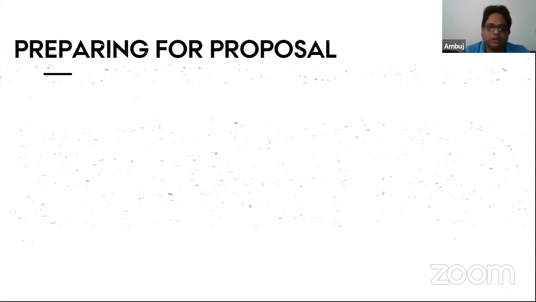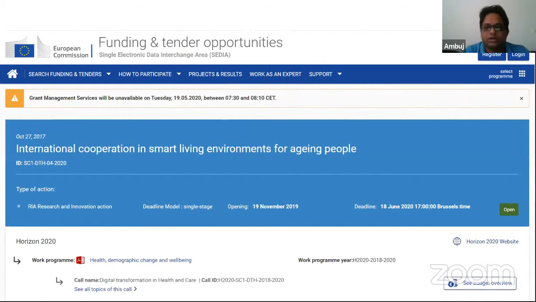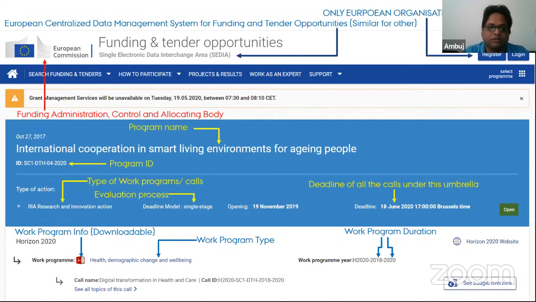So this is what a typical EU funding website looks like, and as you can see, some information is already there. You know what your funding body is, and what kind of call it is. You can clearly see it is written here: RIA and innovation action, so it is research and innovation action. This call is actually for research and innovation action, and you can see there is a project name, a project ID,